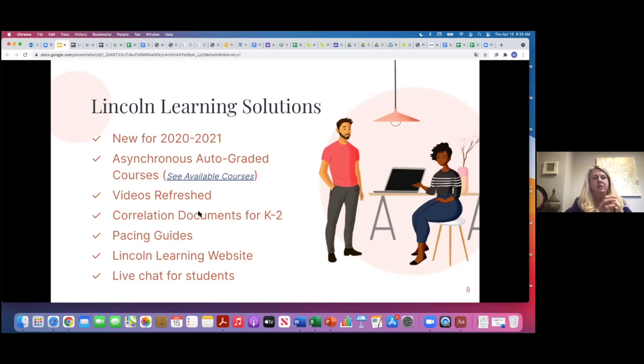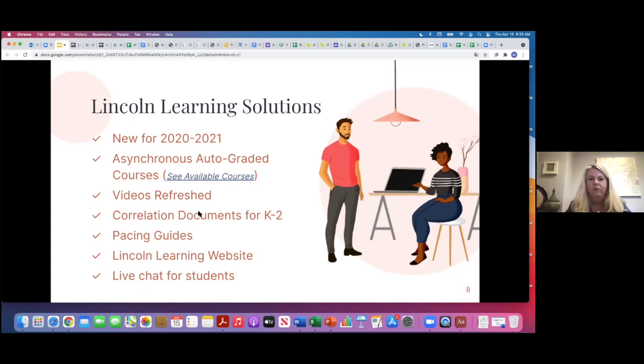A correlation document simply says, here are the Arkansas standards. They also outline the national standards, and they align that to what lesson you find that standard in the content, at kindergarten, first, and second grade for math and ELA. So that's no different than what we used when we had textbooks. We sat down, we looked at our resources, our textbooks, and we determined whether or not all the content was in fact covered in the textbook.